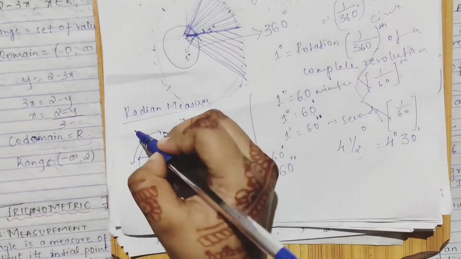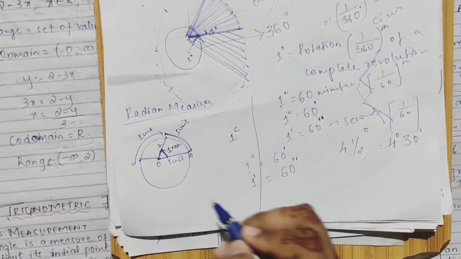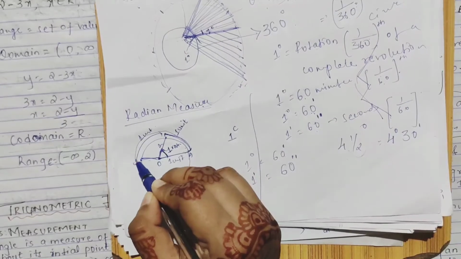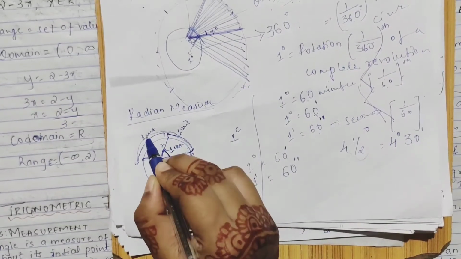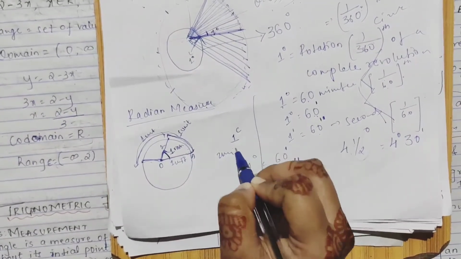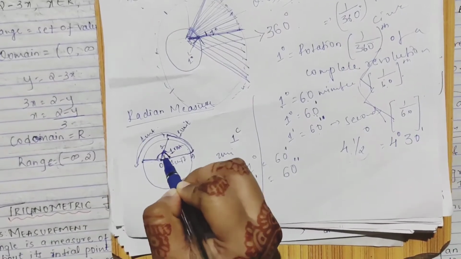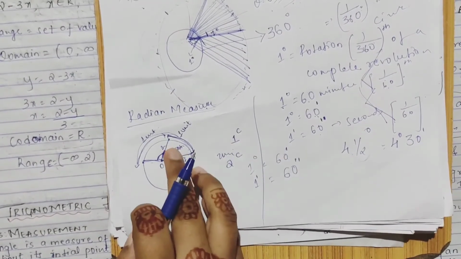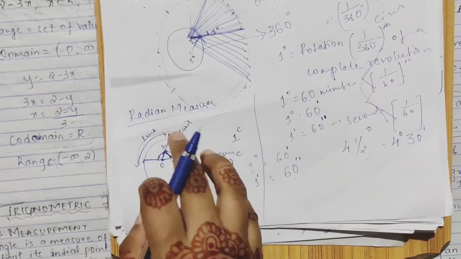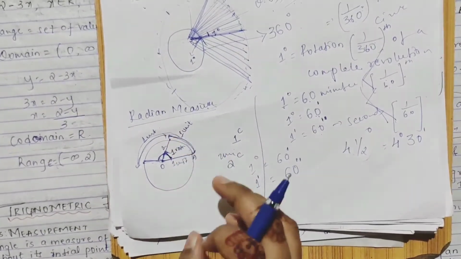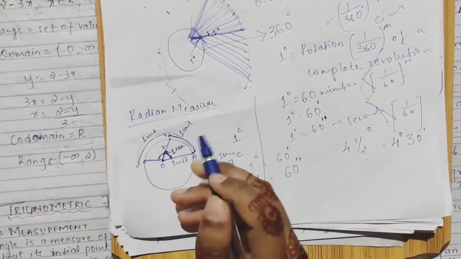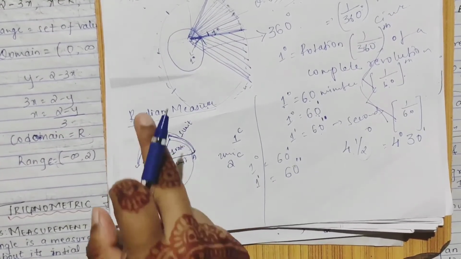Yes, the measurement is same. So this becomes again 1 unit, here also 1 unit. So this whole, if you consider this 1 unit plus this 1 unit, this whole becomes what? 2 units. So this angle becomes how much? 2 radian. Understood? Angle subtending an arc with the length of 1 unit is called a radian.